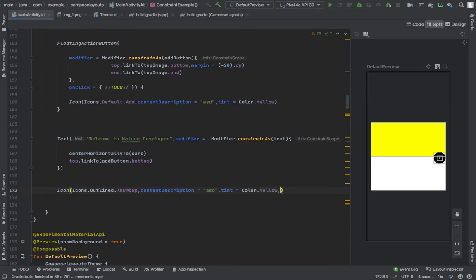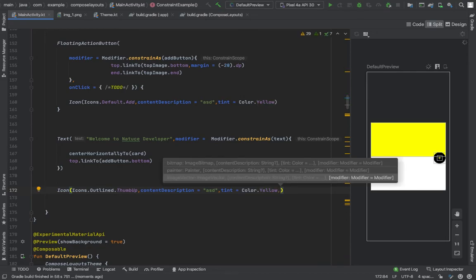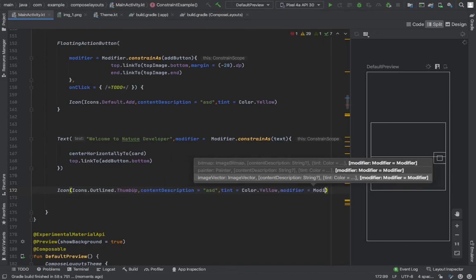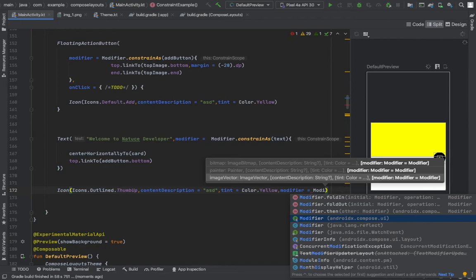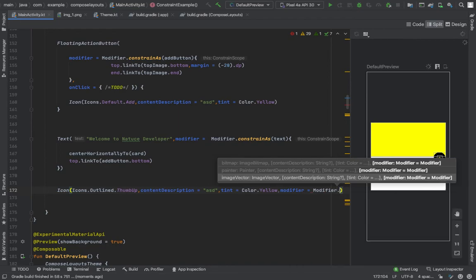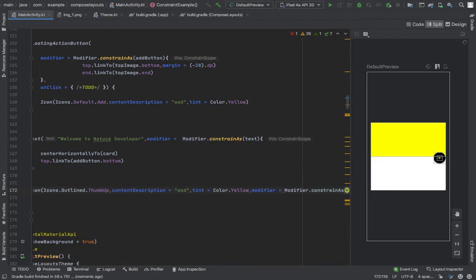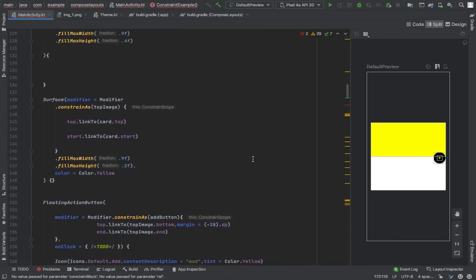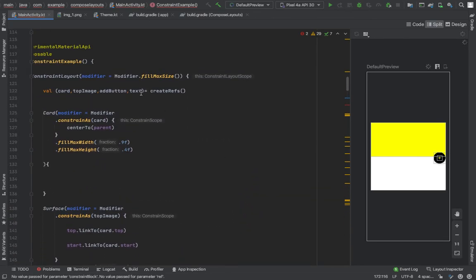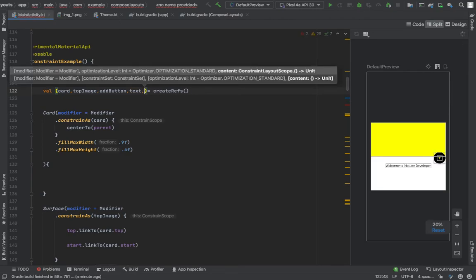Okay, now we want to assign this icon at the center of the yellow card. For achieving this, we only need to specify modifier as we specified before. So type modifier equals to modifier dot constrain as, and pass the reference of that particular icon. So we didn't create any reference yet to this icon, so let's create it. Let's name it thumb icon.